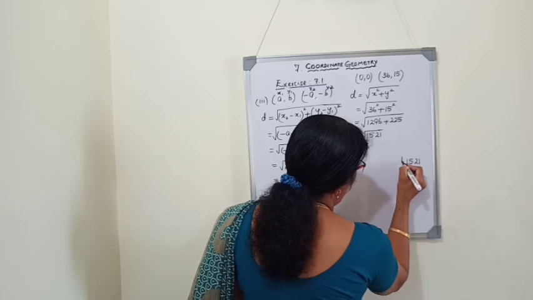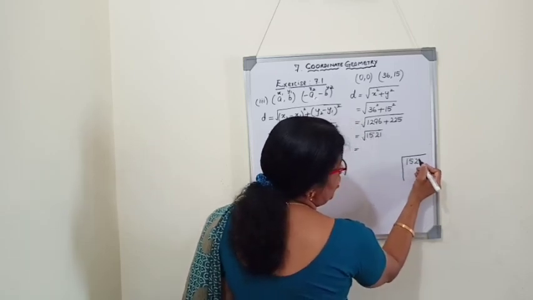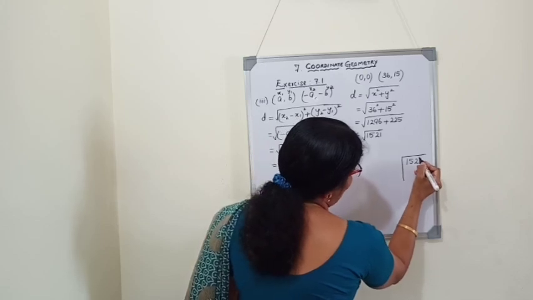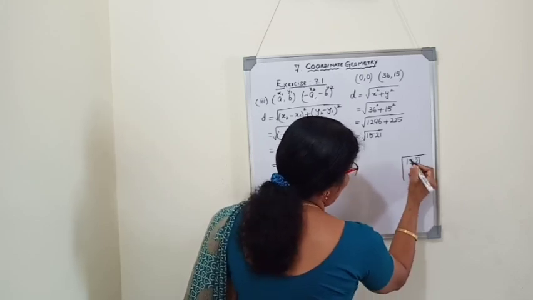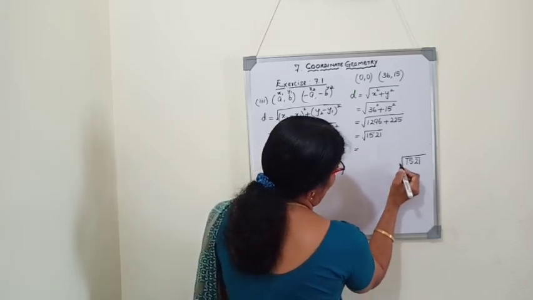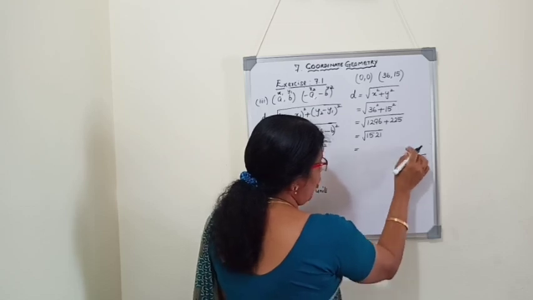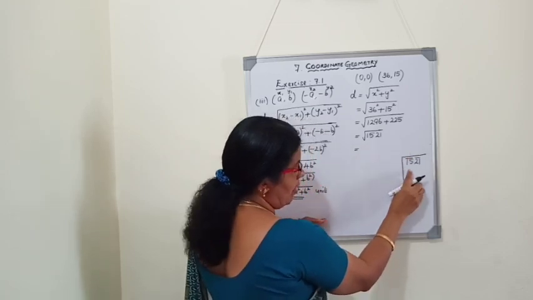So in this method, what we have to do is group the numbers from the unit place. So two numbers we will group: 21 under one group and 15 in another group. Now here we have to write a number, and the same number you have to write here. The product should be 15 or less than 15.